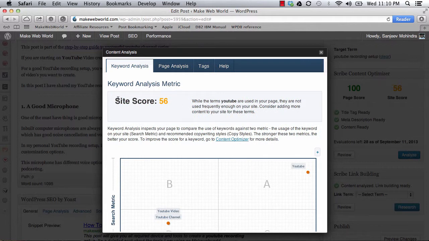It has a very good thing which is called site score. This is similar to a self-similarity score, or how much information on this same topic you have on your site. So if your reader comes to your site through this post, how much more relevant information can they find. This is one of the good things to see how better you can rank for this keyword.